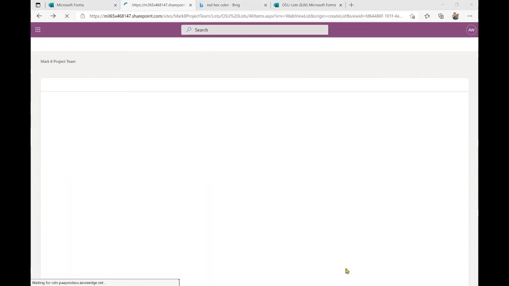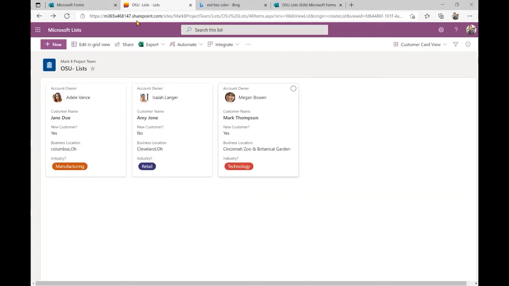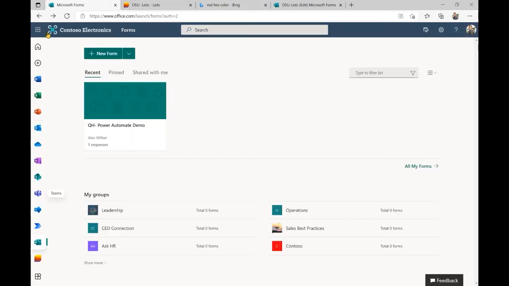We're actually way over. Can you show how to add a list to a Teams from within Teams? For instance, the team is created after the form is created. Yeah, so if you want to add this to Teams, you'll go to Teams. And it'll take a second to load here. I know we're like way over time today.